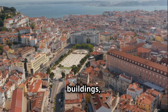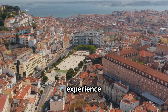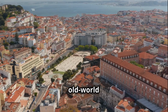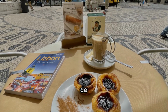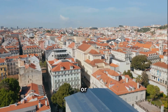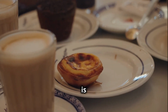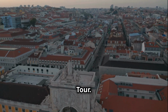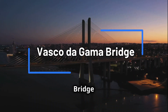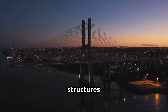Surrounded by historic buildings, charming cafes and shops, it's an excellent spot to experience Lisbon's unique blend of old-world charm and modern life. Whether you're savouring a pastel de nata at a nearby cafe or taking in the square's stunning architecture, Rossio Square is an essential stop on any Lisbon, Portugal walking 4K tour. Vasco da Gama Bridge. The Vasco da Gama Bridge is one of the most impressive modern structures in Lisbon and